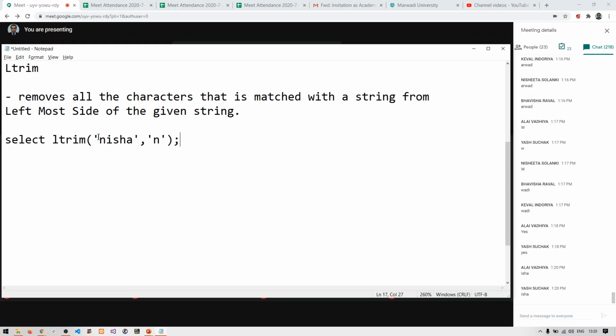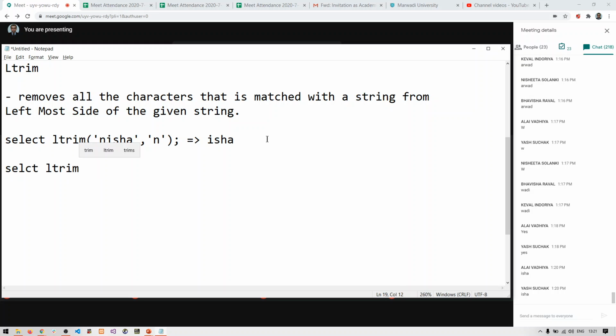Yes. So remove N from this. Then what is the leftmost side? ISHA. So pick up I. Is I matching with this N? No. So this is your answer. Whatever characters are getting matched, that is what will be removed.